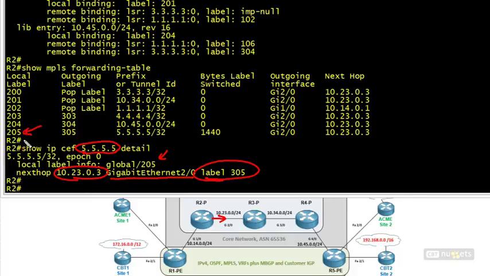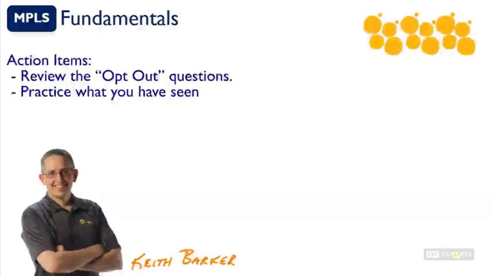So if R2 received a labeled packet of 205, it would make that switching decision based on MPLS and forward it. If R2 received a naked IPv4 packet, meaning there was no MPLS information, if it was destined to 5.5.5.5, based on CEF, it would impose an MPLS label on it and forward it over to R3, down the LSP, towards R5. Now your action item for this video is simple. I want you to practice